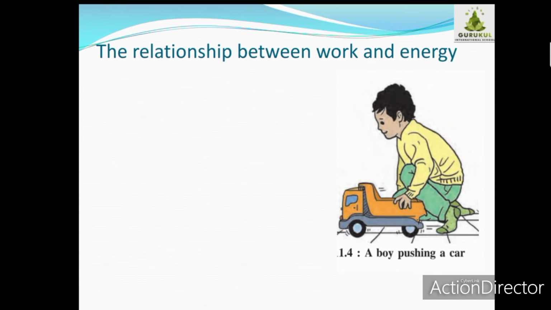Now why did it happen? When we apply a force on it, the energy of the boy is converted into another energy, and the car gets a movement, correct? So what we can say is that in this picture, the boy has applied a force to the toy car. Work has been done because the force applied to the car has caused displacement. Now how can we say that the work has been done? Here you can see, after pushing this car, the car moves up to a certain distance, meaning the displacement has taken place.